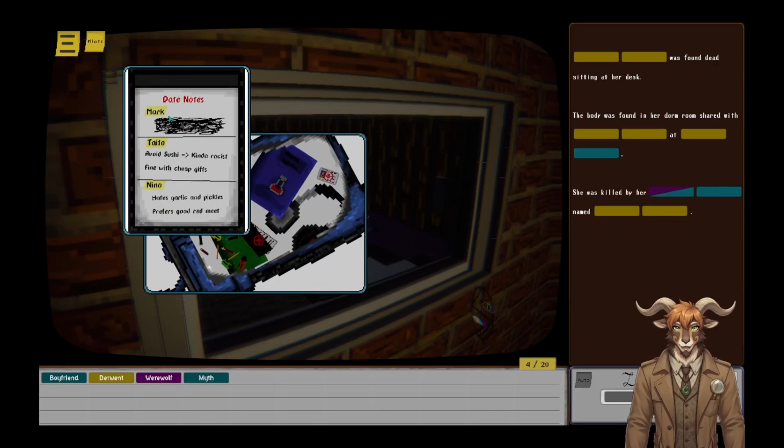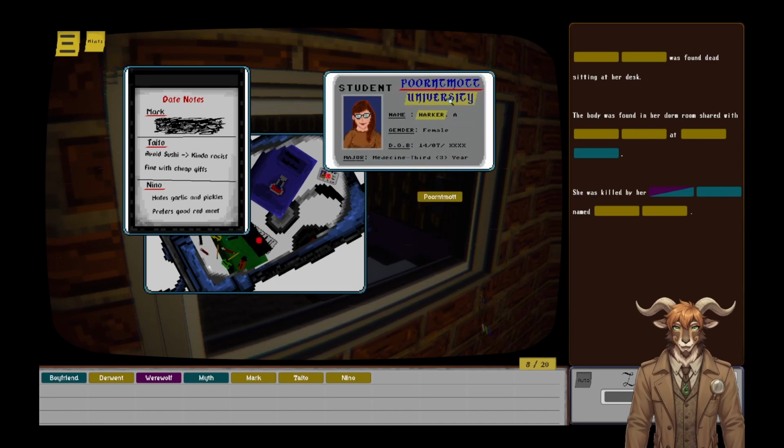What else have we got here? Mark Taito. Avoid sushi, kinda racist. Fine with cheap gifts. Poor Taito. He can't even eat his home food, and you get him stuff that's cheap. Nino, hates garlic and pickles, prefers good red meat. If Nino's like an Italian name, he shouldn't hate garlic. It's good stuff,